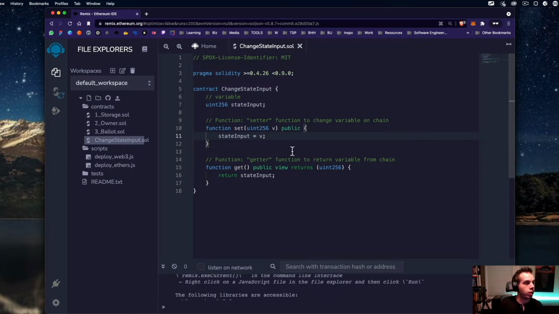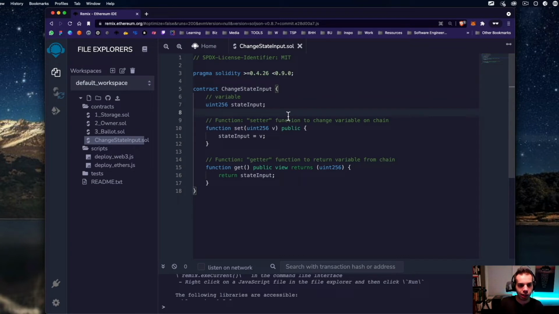So maybe the person who deployed the contract is able to set the number, but only people that have access can view it. Something like that. And then, of course, this is the get function to return the variable from the chain. We're just getting it with public view returns of the uint256, and it returns the state input. So that's pretty much it.